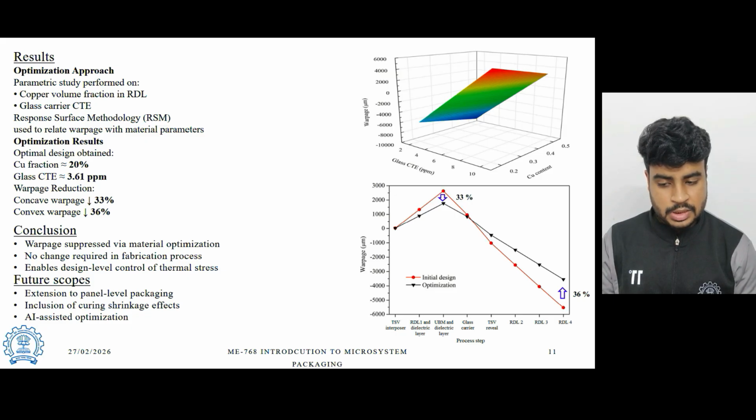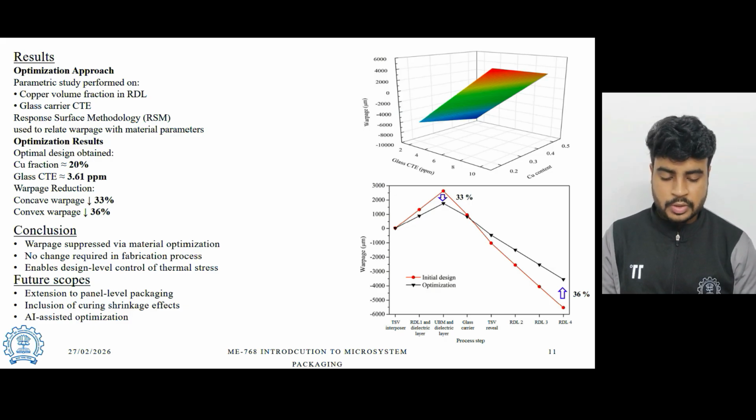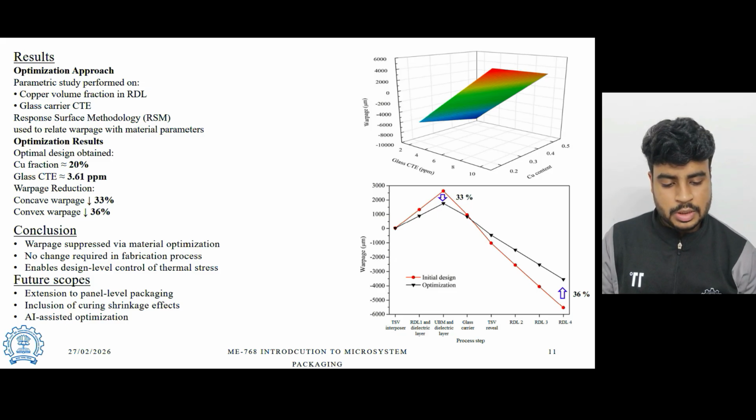By solving these relationships, they identified an optimal combination: approximately 20% copper content, because less than that will lead to adverse effects in electrical conductivity, and more than 20% is going to make our whole wafer warp. So 20% was the optimized percentage of copper, and a glass CTE of 3.61 ppm, because we do not match exactly with silicon,